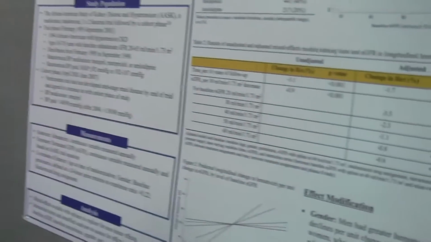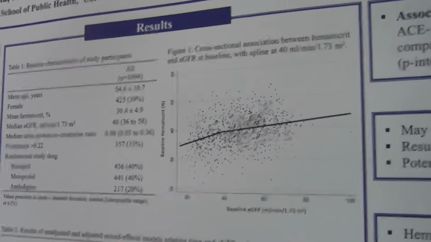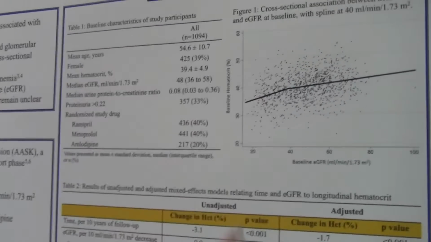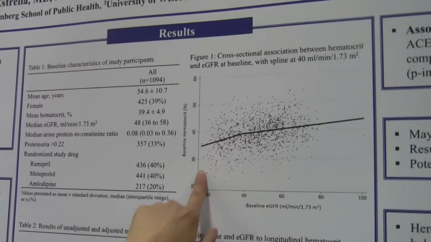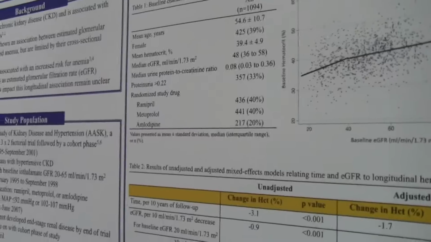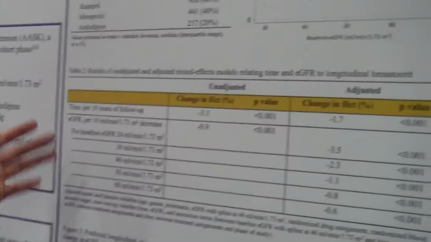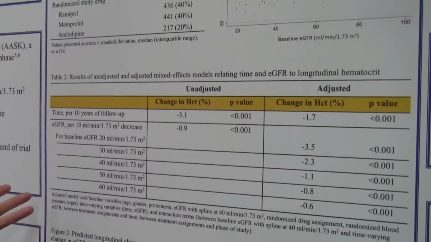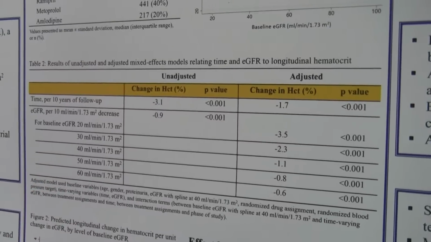Sorry. So as you can see here, looking at just the cross-sectional association between hematocrit and eGFR at baseline, approximately at an eGFR of 40, that association becomes a little steeper. And when we looked at the longitudinal relationship, we found that those who started with lower baseline eGFRs had greater declines in hematocrit per unit change in eGFR than those who started with higher eGFRs, and this is reflected in